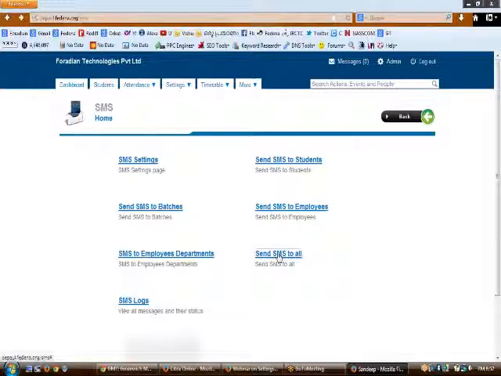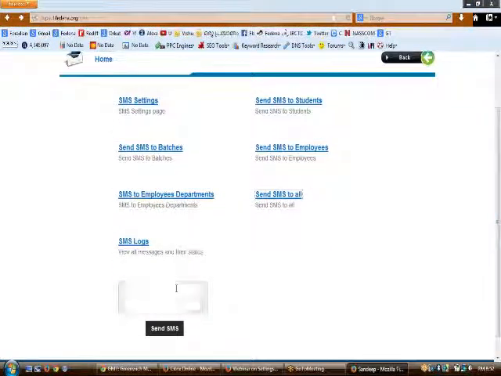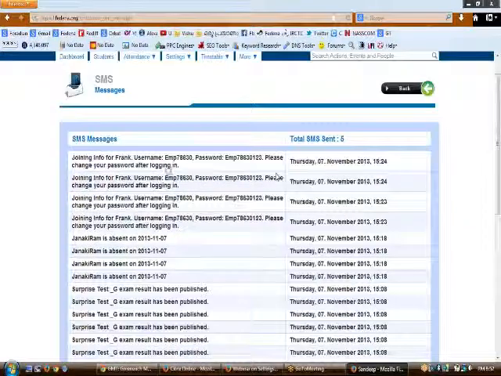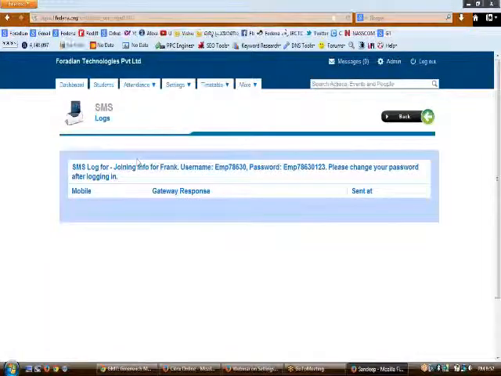Moreover, if you would like to send SMS to all the persons in the application, then you need to click upon this particular box, type the required SMS here, and on clicking send SMS, the SMS will be flying up to all the users in FEDINA. Moreover, if you want to see the SMS logs at some point of time, you can click upon SMS logs and see what SMS has been going out from your account